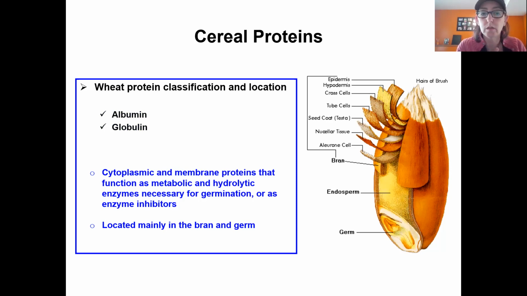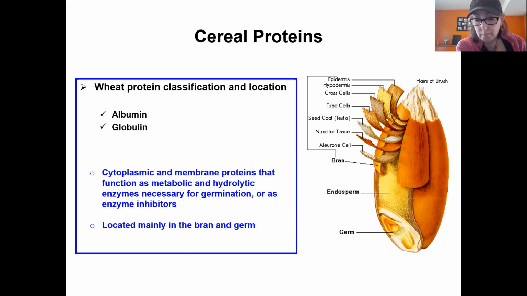They're not important for germination, or, well, important for germination, I'm sorry, and some enzyme inhibitors. So albumins and globulins in wheat are mostly in the bran and germ. So when we have whole wheat, you have an appreciable amount of albumin and globulin versus